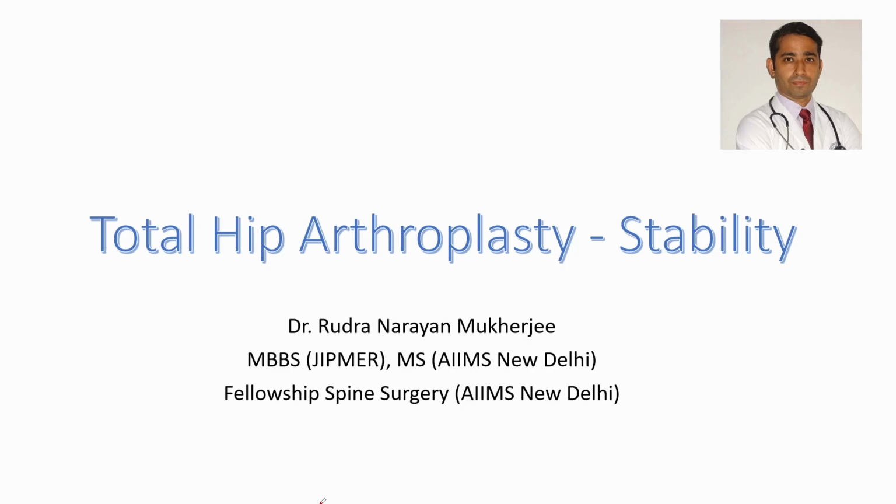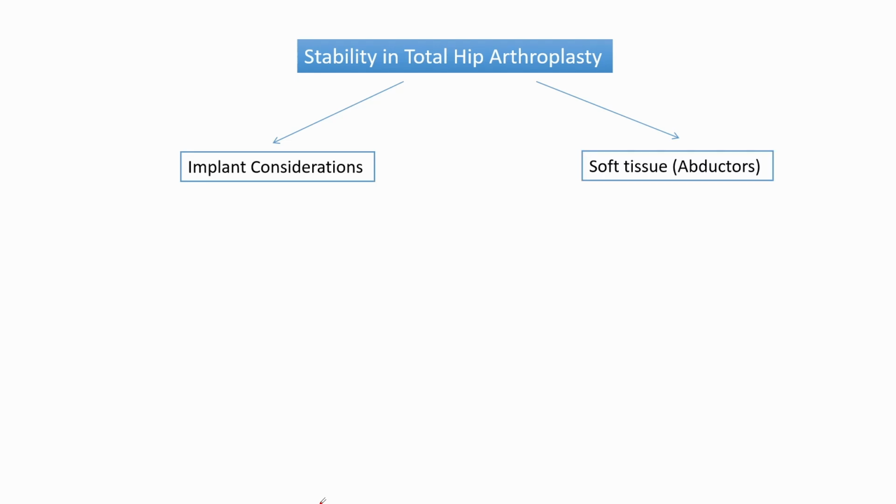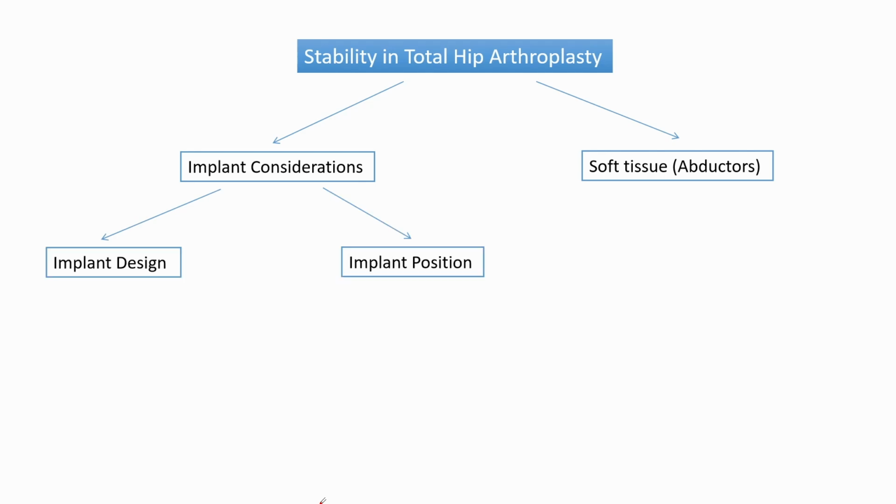Stability in total hip arthroplasty. Stability in total hip arthroplasty depends on implant consideration and soft tissue factors. In implant considerations, we have the implant design and implant position. In implant design, we have the design of the femoral component, which includes the femoral head size, femoral offset, and